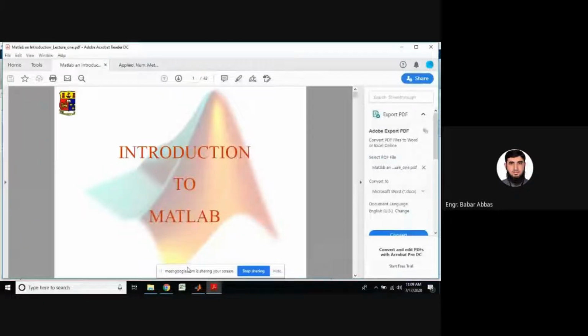Bismillahirrahmanirrahim. This is lab number 5, and in this lab we will study the introduction to MATLAB. So, introduction to MATLAB, we will study some